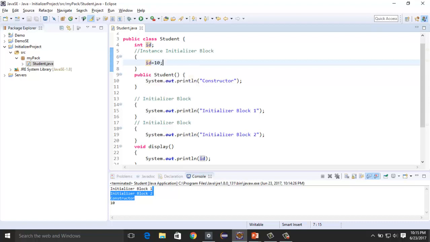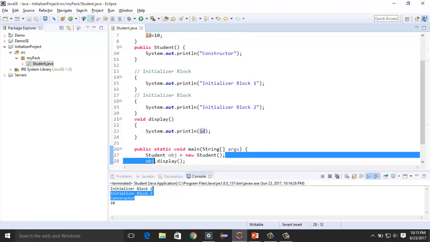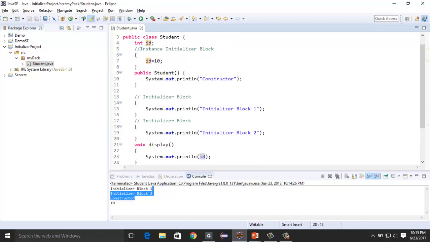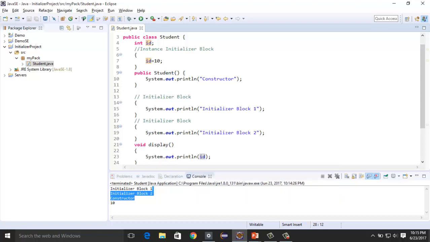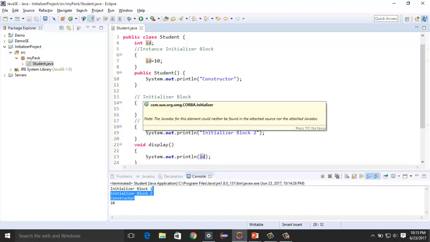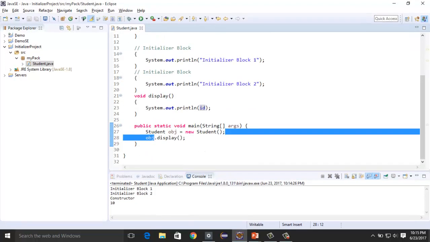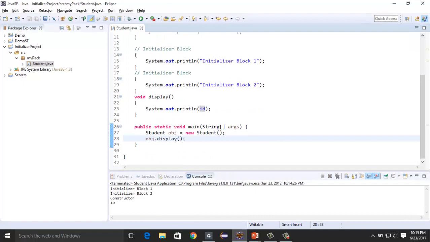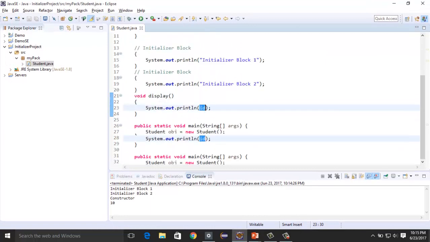That's the very first block which is going to be executed right after object creation, and then it's going to print initializer block, because initializer blocks get invoked in the sequence as they appear in the program, and then System.out.println initializer block 2. So after calling each initializer block, constructor gets called. So here's the output, and after that I have called display method. So display is printing id, and now id has a value that is 10.